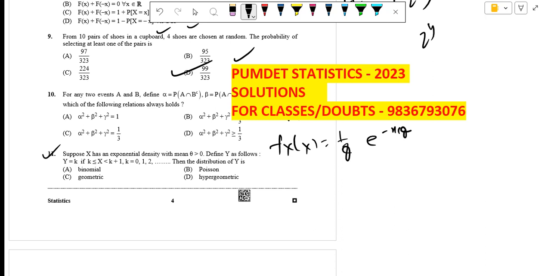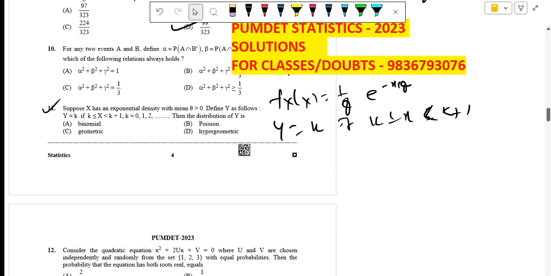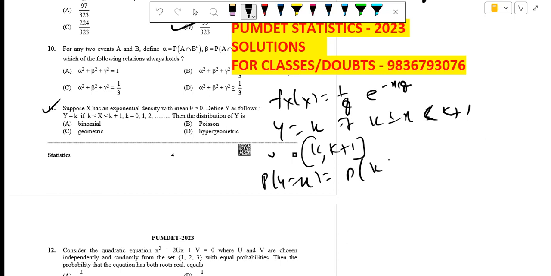Now we define Y equal to k if k is less than or equal to X less than k plus 1, with k equal to 0, 1, 2, and so on, to find the distribution of Y. So for Y equal to k, X must lie in the interval k to k plus 1. So P of Y equal to k is P of k less than or equal to X less than k plus 1, which is the integral from k to k plus 1 of f of x